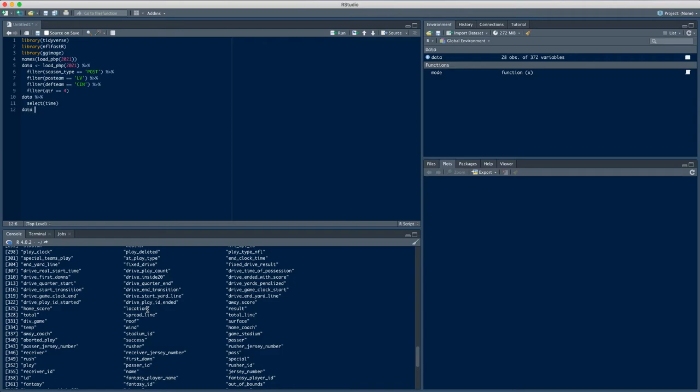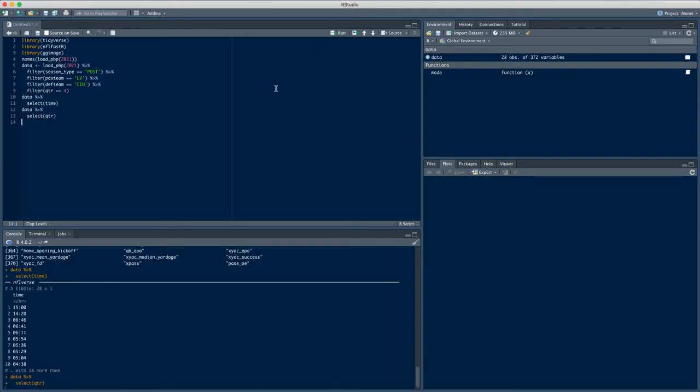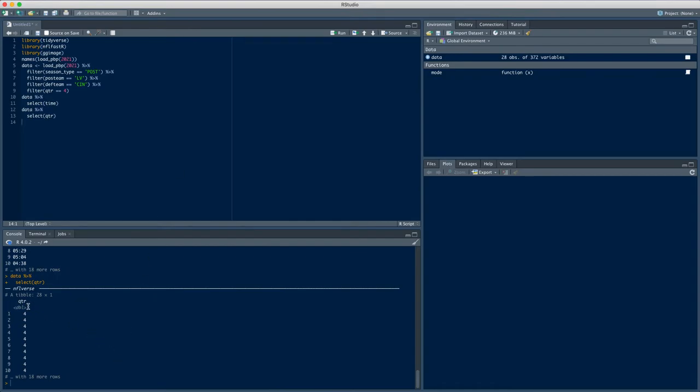Yeah, and if you wanted to see something that would be numerical, you can just select something like the quarter, and as you see, it's a numerical trait. So time and quarter are both different, but you want to shorten the time. So if you wanted to filter the time, well, you can't have the select command here, sorry, but if you wanted to filter like time is less than 1,